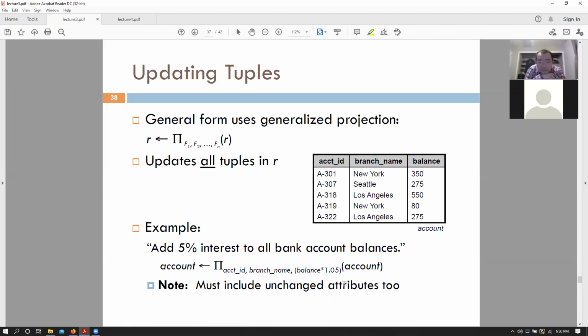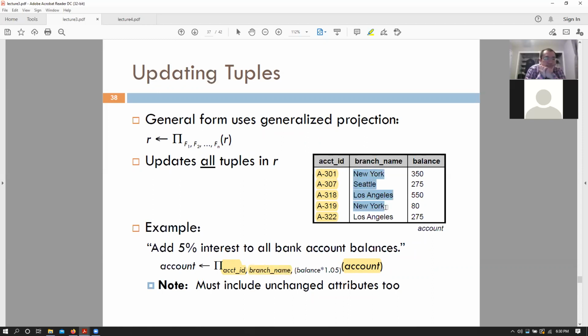So essentially we will use the generalized projection, right? So from the relation account, that is this entire relation, project out account ID. Okay, fine. So that gets me those attribute values. Project out branch name.